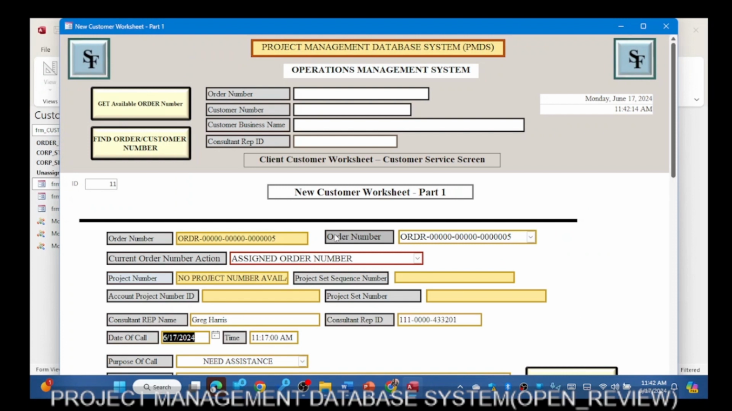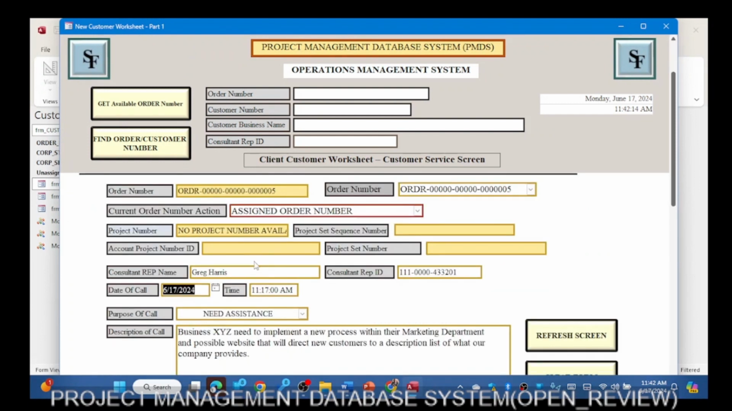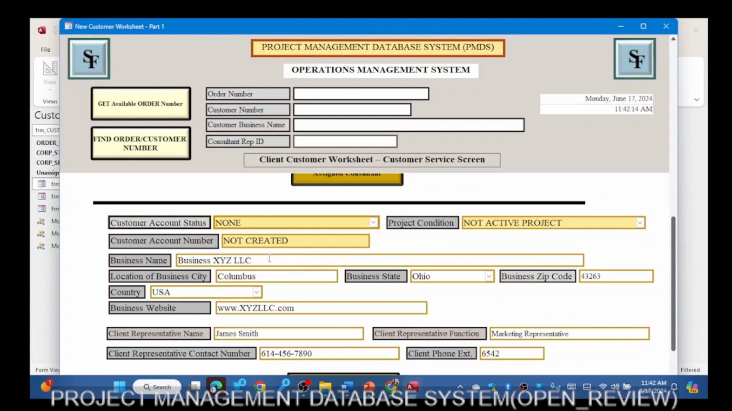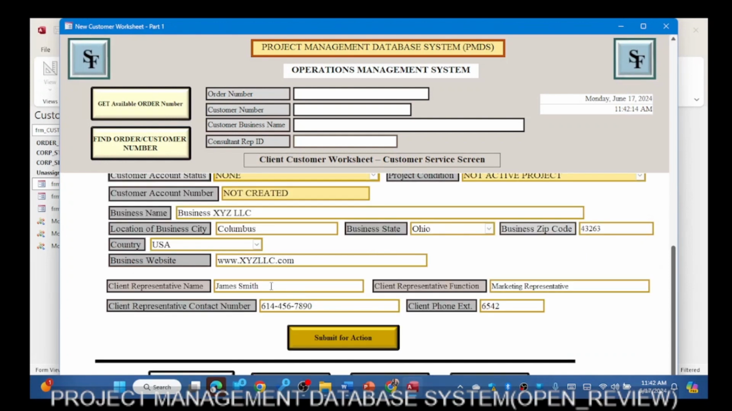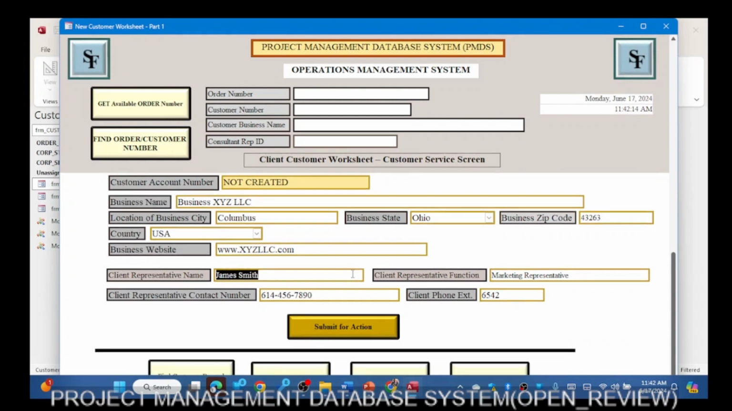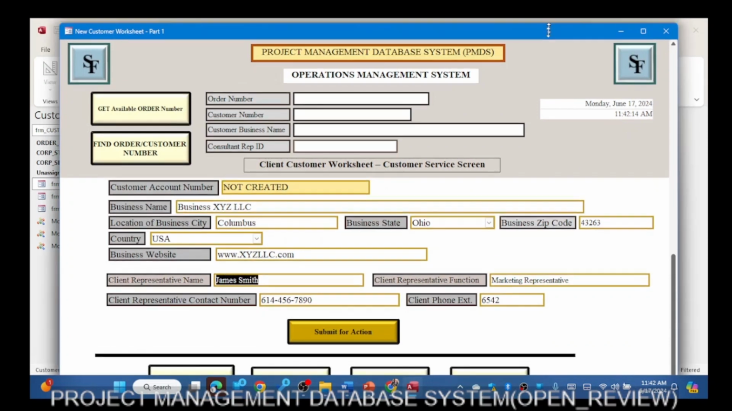Okay, so we're going to go back. We're going to look at this, the person that we're talking to. What's this person's name? There's no customer account status right now. Business name. Okay, James Smith, the client representative name. Okay, we can go back here, and then we're going to